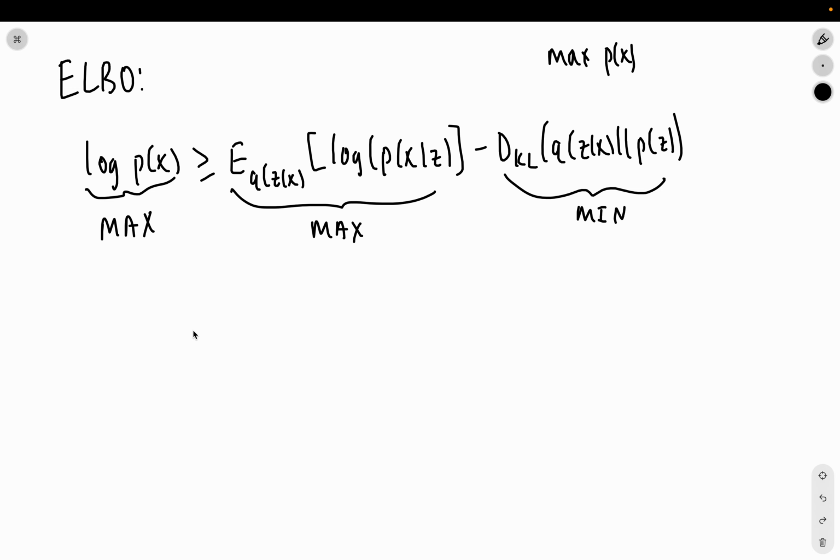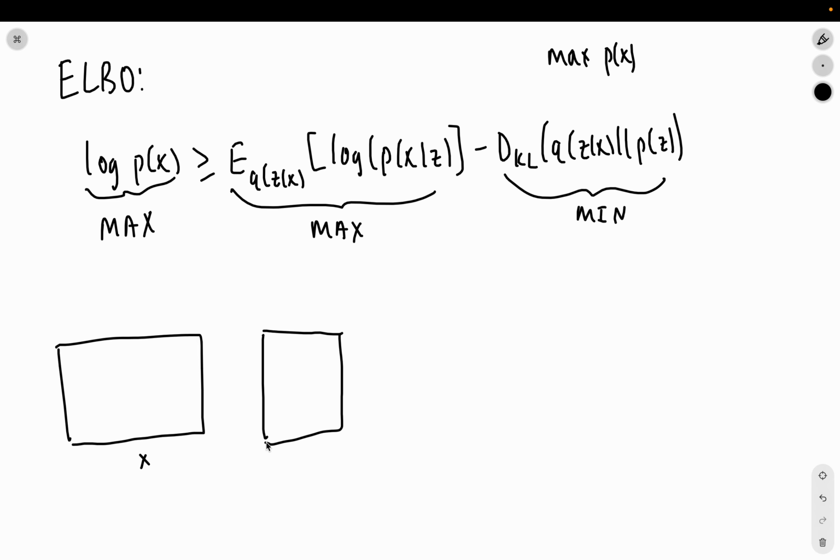So again, remember, the image you need to have in mind is we have our X space and our Z space, right? Okay, where we're mapping each X to some distribution Q of Z given X. Okay, so each X gets mapped to a distribution Q of Z given X. So these little pools inside, these are all of your Q of Z given X's. So you do it for this X, and you do it for this X, and you do it for this